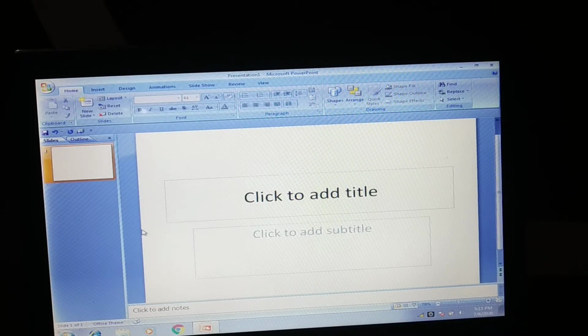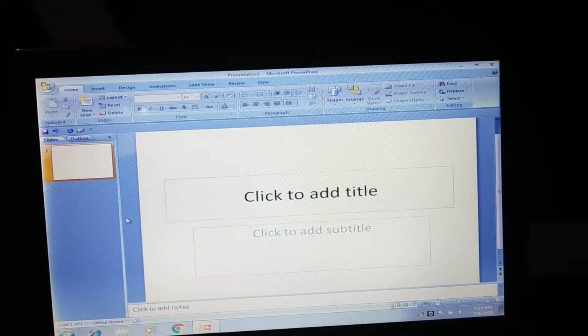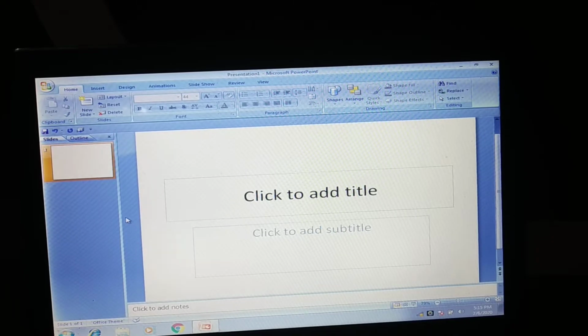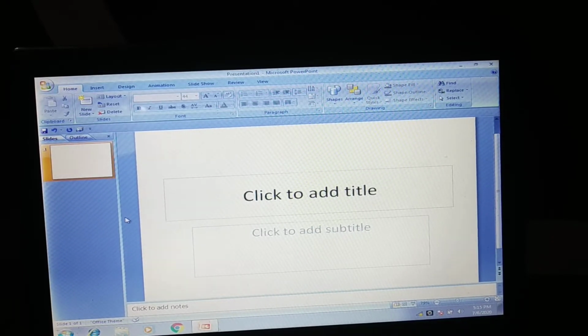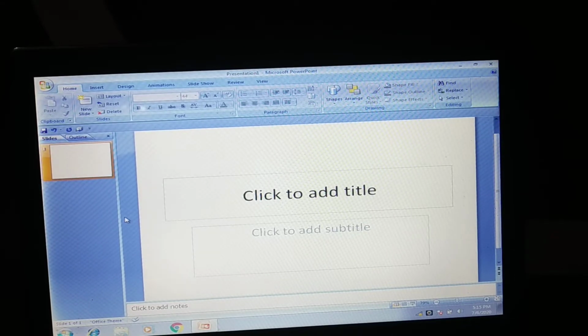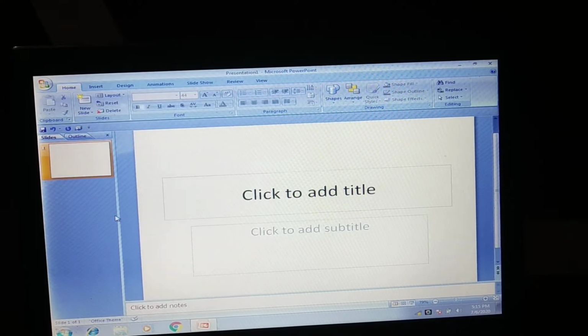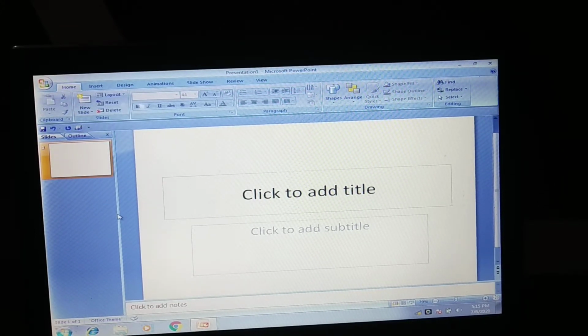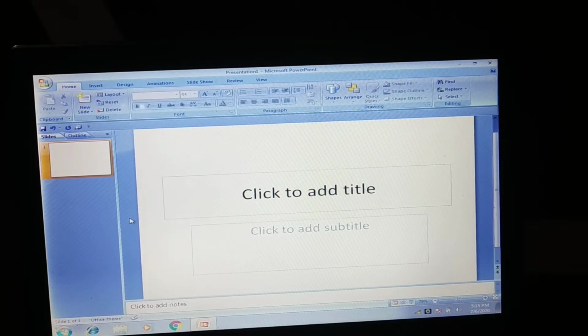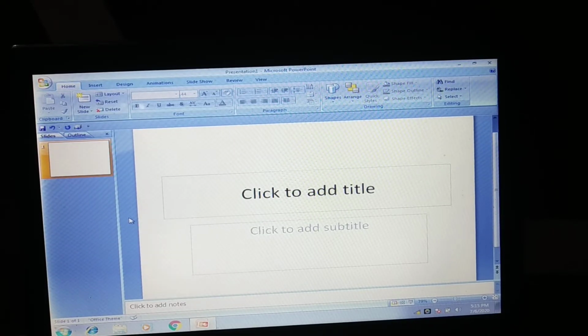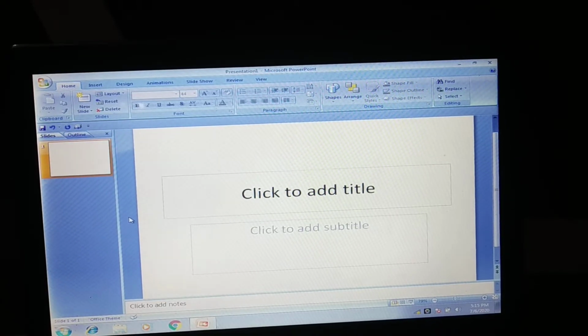On page 55, under the heading applying a theme to an existing presentation, you see line number 3. Even a presentation based on the blank presentation template has a theme. The Office theme is applied by default.